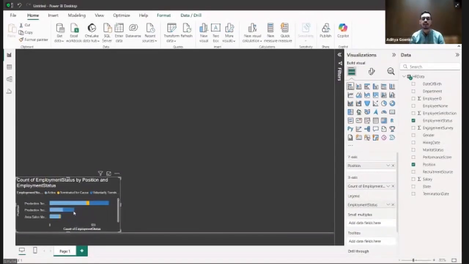Like this, we have gotten the count of every such position. How many of you are absolutely mind blown looking at this first chart, that without writing a single line of code, for every position we have gotten the total number of people in that particular department, and we have gotten the breakup of the number of people for every such employment status as well. 45 people voluntarily terminated, 7 people terminated for cause, 85 people are active.